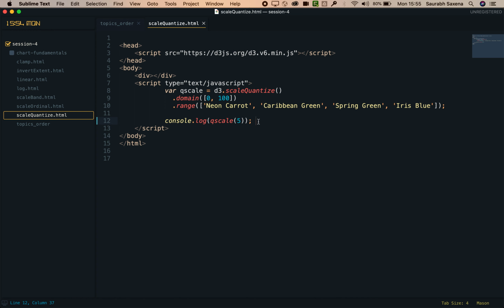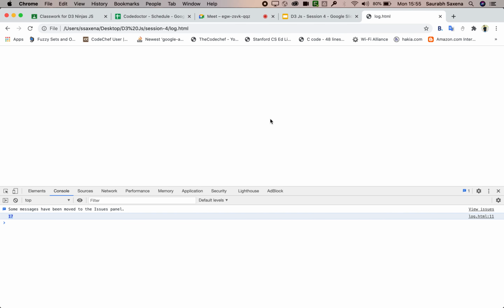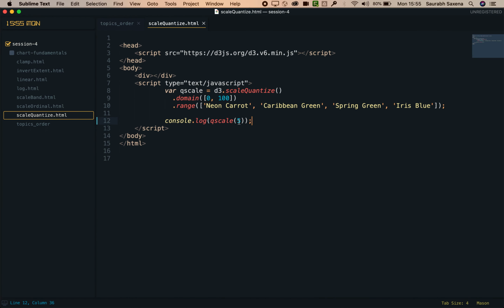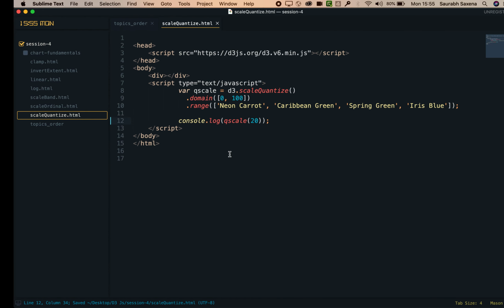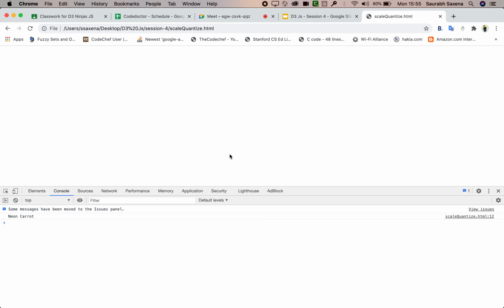Okay, so this is Rupali, right? Rupali, you are correct in a lot of sense. What it does is map the values 0 to 19 to neon carrot. So when you're searching for 5, the 5 will fall into 0 to 19, so the output should be neon carrot, right? So when I search for 20,